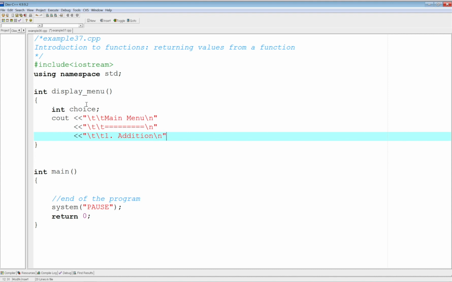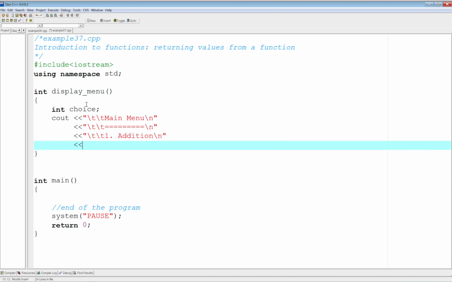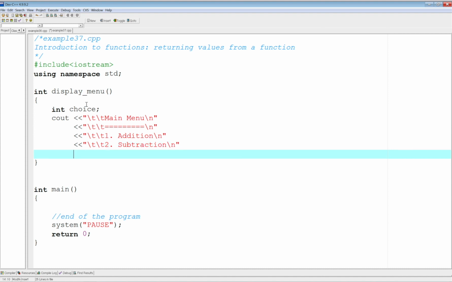And then again, do the same thing for subtraction. 2, subtraction, \n. And then we're going to do the same thing for exit, \t\t, 3, exit,